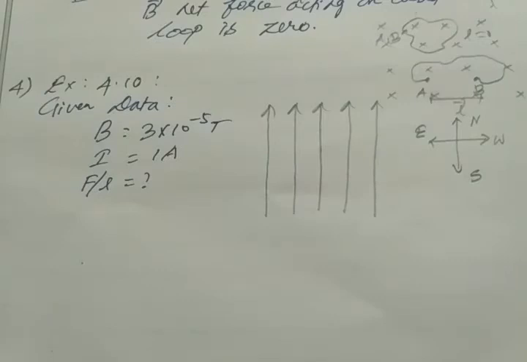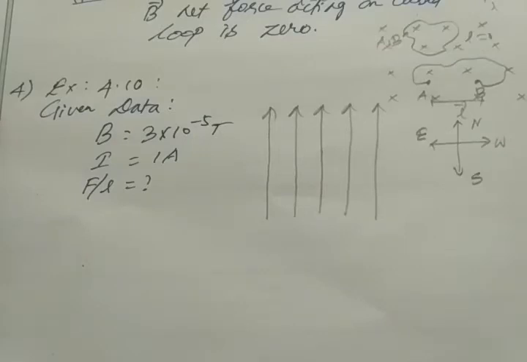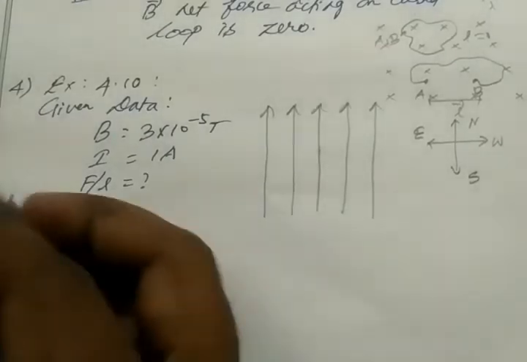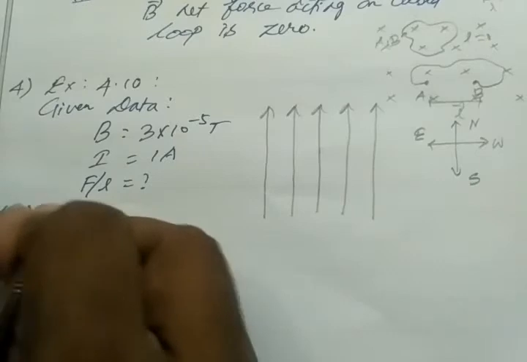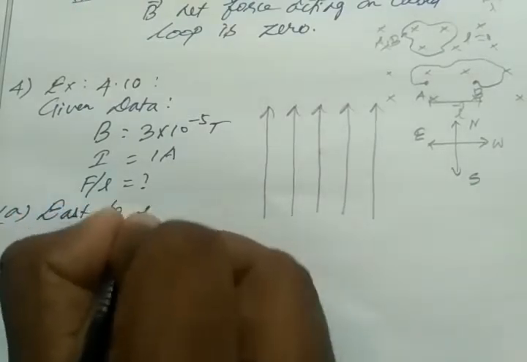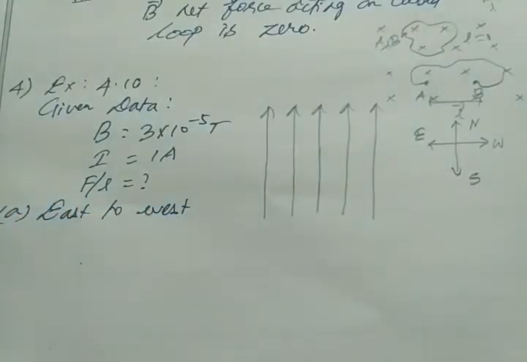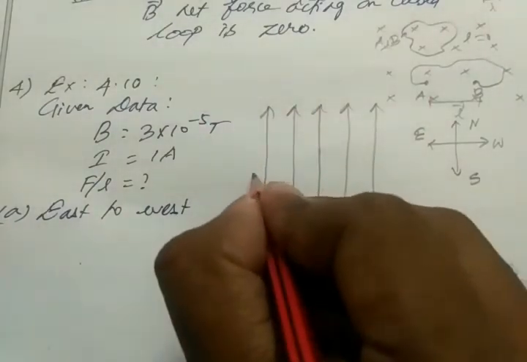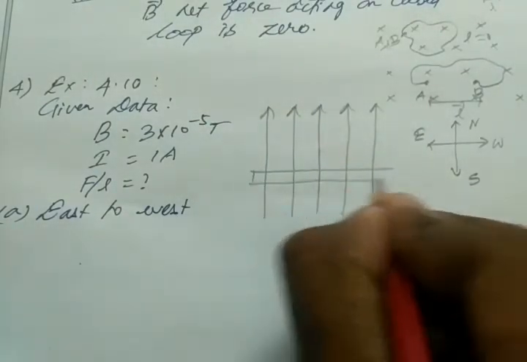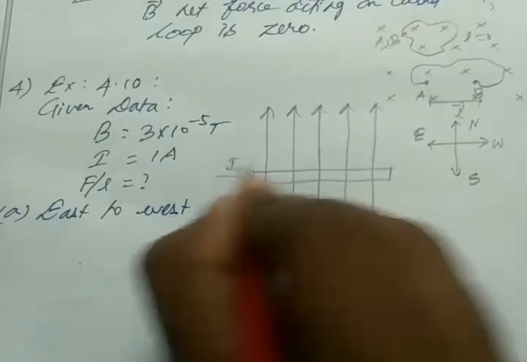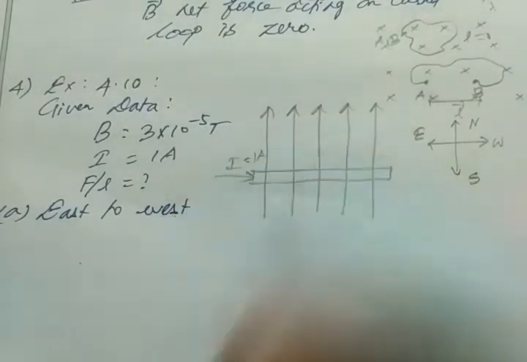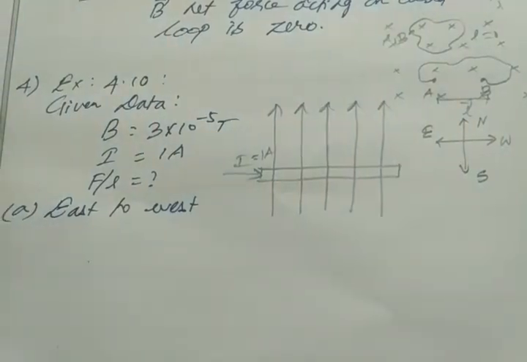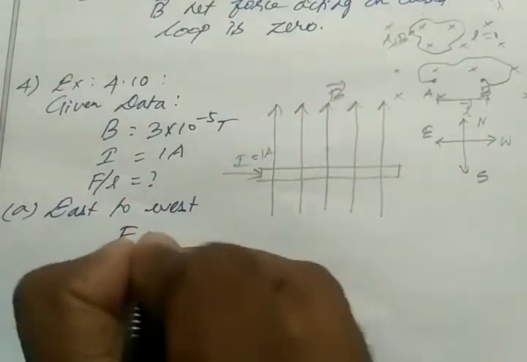So in option A, I placed my current carrying wire from east to west. This is my current carrying wire. Clear? So this is option A. Now what is the force acting on this current carrying wire because of this magnetic field? Write the force formula, F equal to